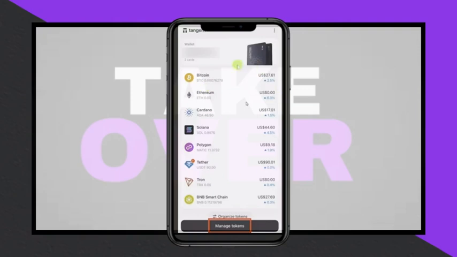To transfer cryptocurrency from Coinbase to a cold wallet, the process is relatively easy and quick. First, open your cold wallet, which can be any type of wallet you currently have, as the process is similar